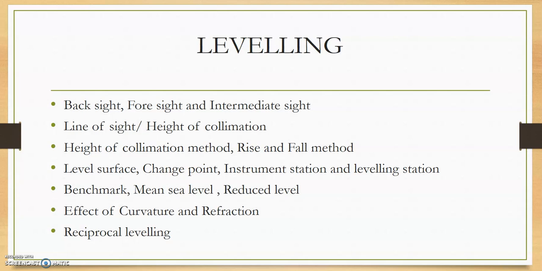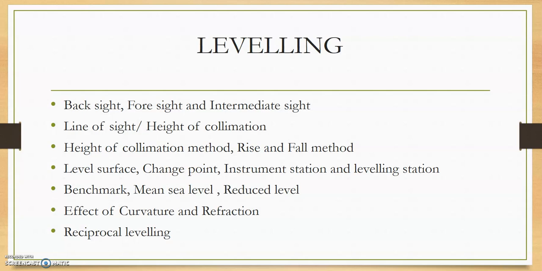Now we said that the line of sight will be a straight one, but when the rays pass from one medium to another medium, there will be some bending in the line of sight. We are taking the reading from the observer to the target point. The target point may lie at a far away distance from the observer. Hence there is a possibility of the effect of refraction.